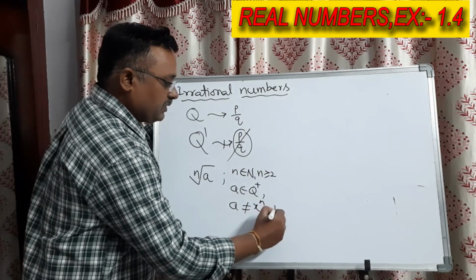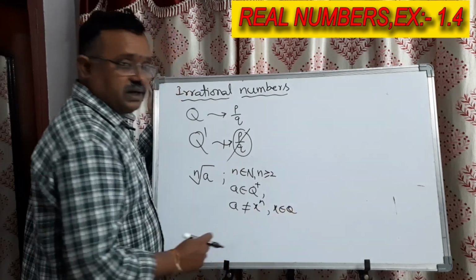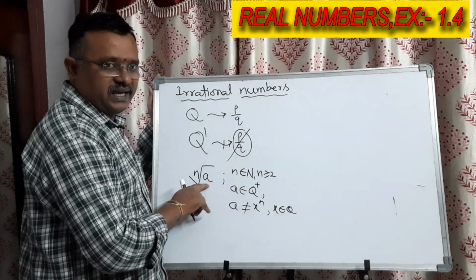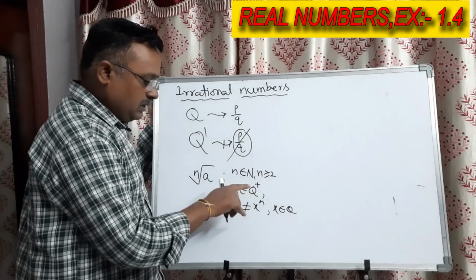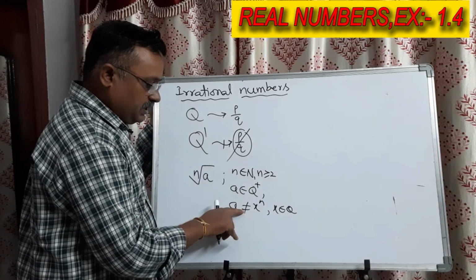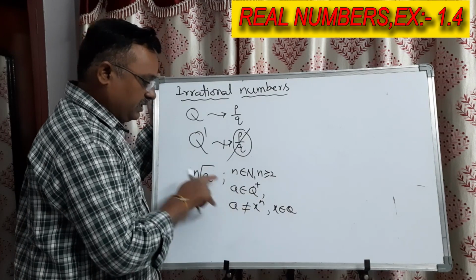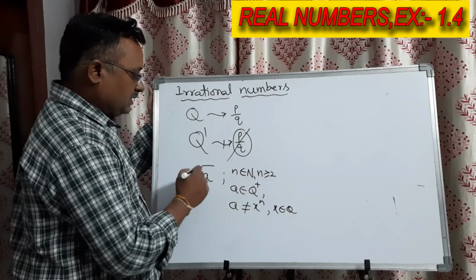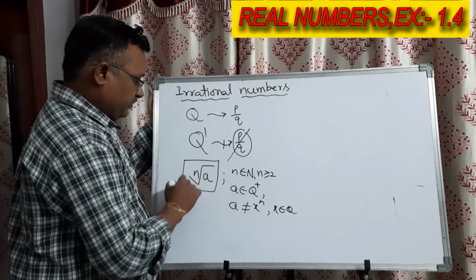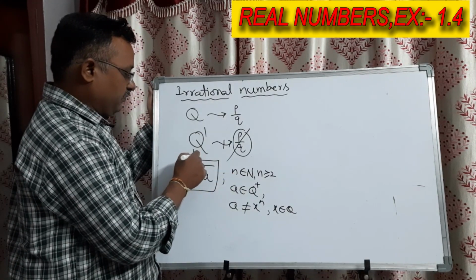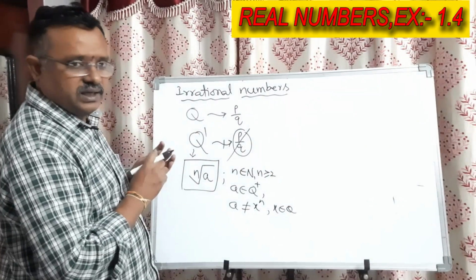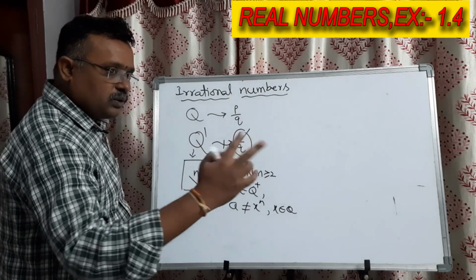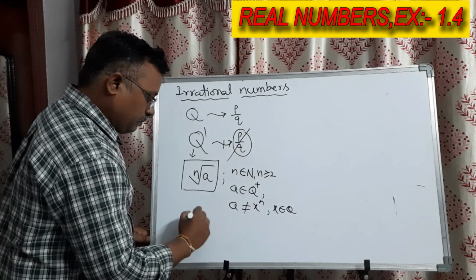Is that clear? A is a positive integer inside the radicand, but a cannot be written as the nth power of any other rational number. Is that clear? So that type of general representation can be taken for irrational numbers. Along with this representation we have two more symbols, pi